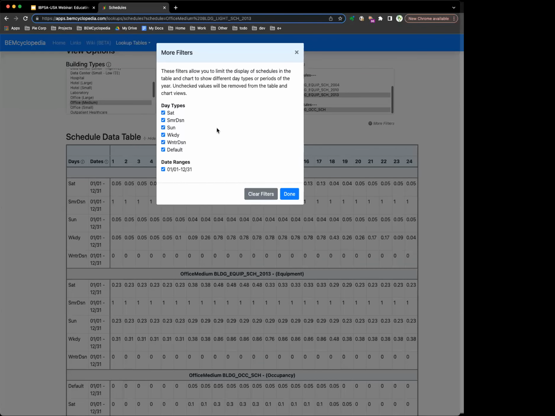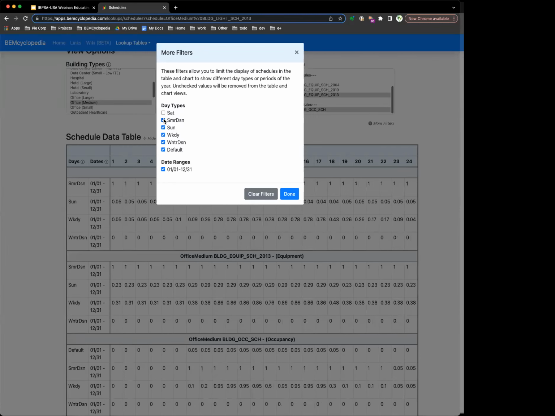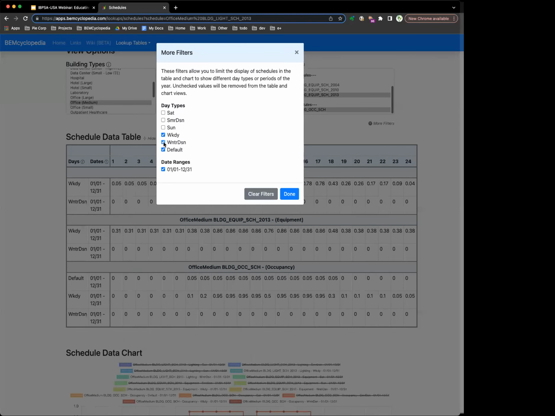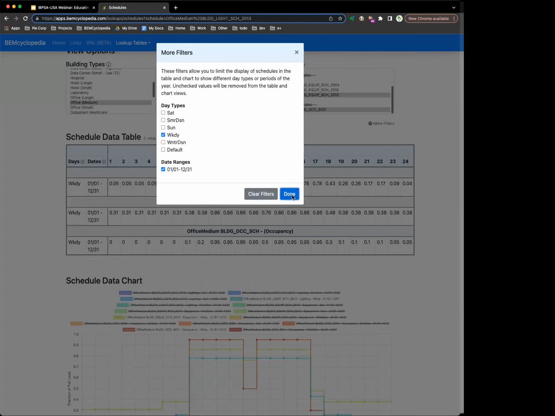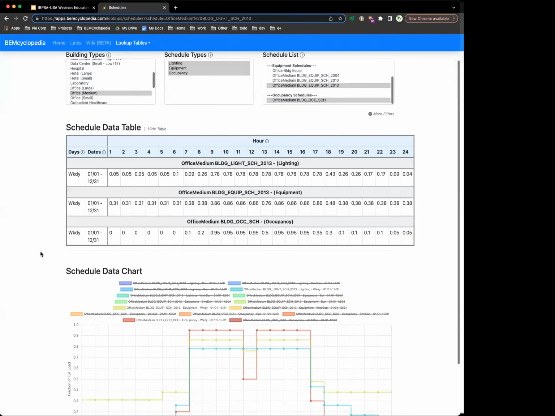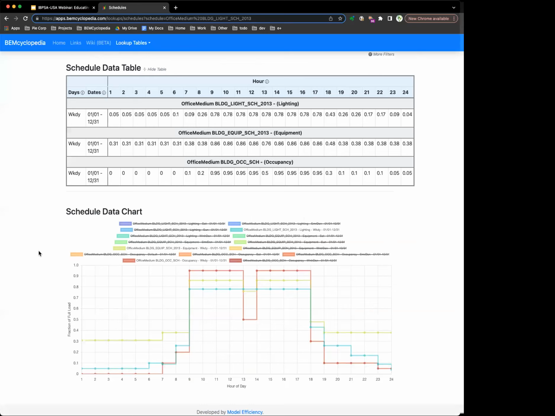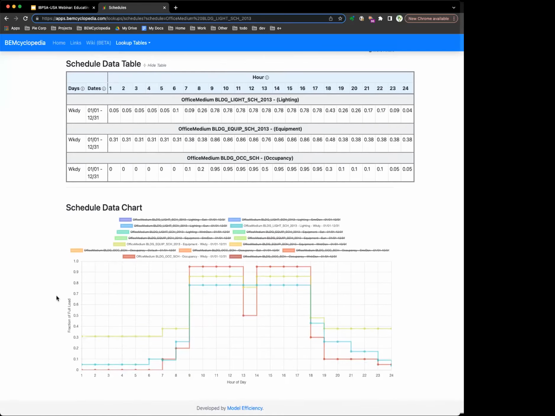So, rather than looking at all of these, maybe we're just interested in the weekday schedule. So now we can see we just have the weekday operational schedules for lighting, equipment, and occupancy. And the nice thing about these tables too is if you want to see specifically what these values are, rather than trying to look up here and then look back down here, if you hover over any of these data